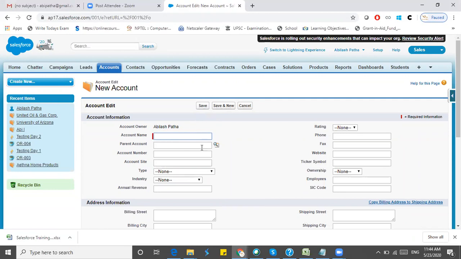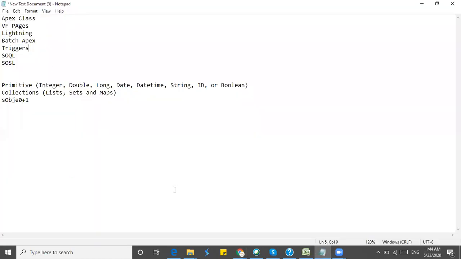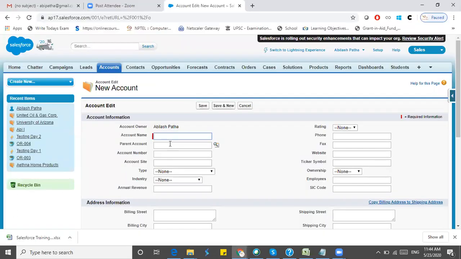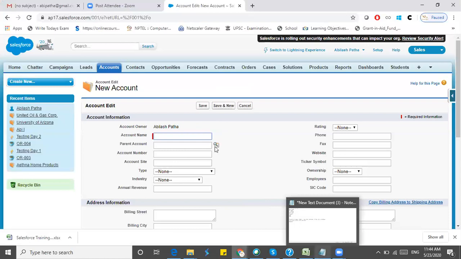If you modify some data and save it, then you are editing a record, and at that time we can fire a trigger. On save only, we don't need to call any method or any functionality. Automatically on the save button, a trigger will be executed. If you change something and save, the trigger will be executed. If you edit and save, a trigger will be executed. Or if you delete any record, a trigger will be executed.